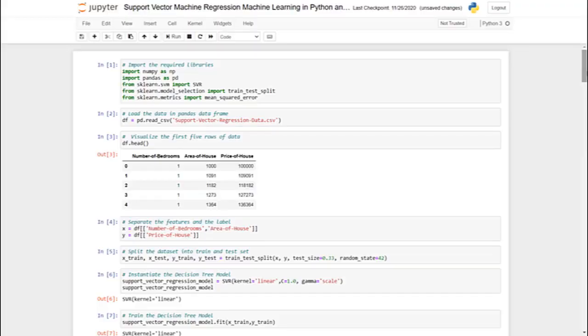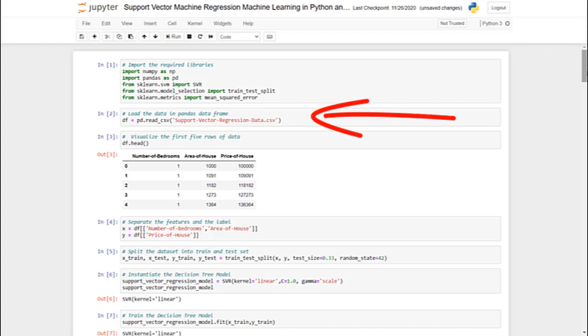Jupyter Notebook is up and running on your screen. In cell 1, we have imported required libraries like NumPy, Pandas, sklearn, and train test split from sklearn. Note that we are importing support vector machine as well. In cell 2, we are starting to load the data.